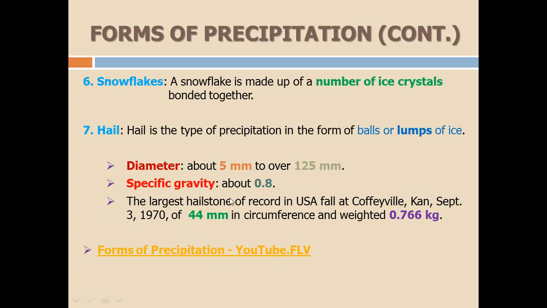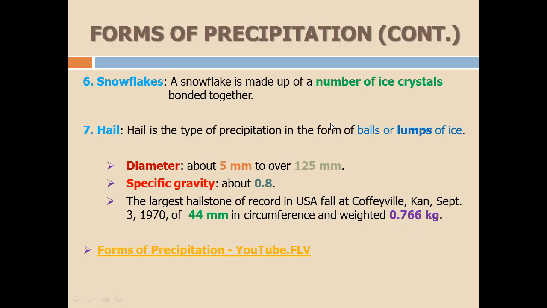One of the largest hailstones on record in the USA fell at Coffeyville on September 3, 1970, 44 millimeter in circumference and with a weight of 0.766 kg. This is one of the recorded hailstones. Circumference is 44 millimeter and weight is